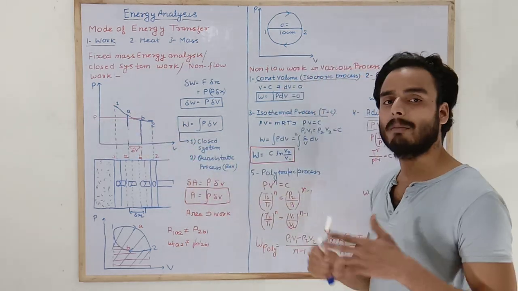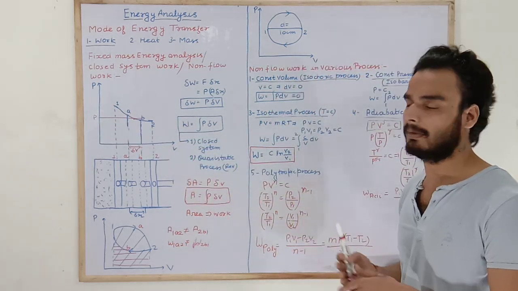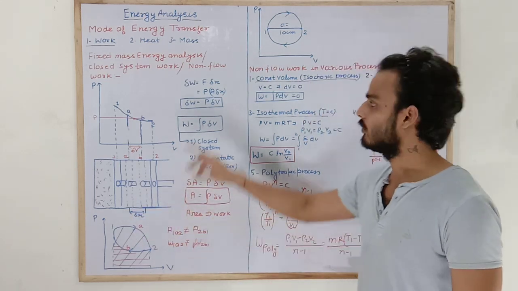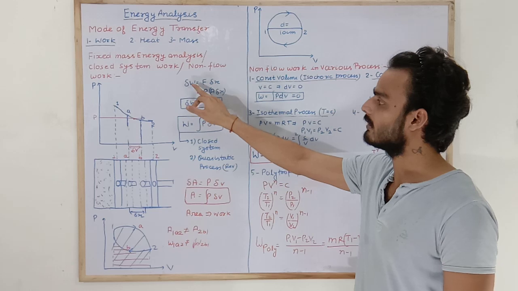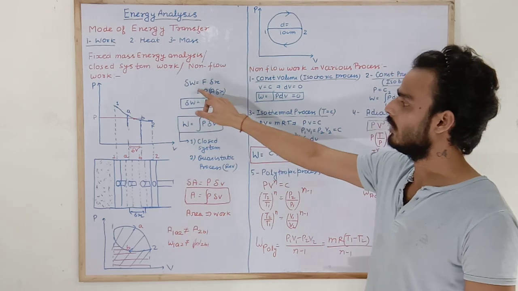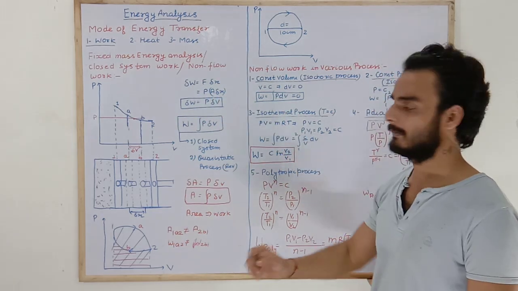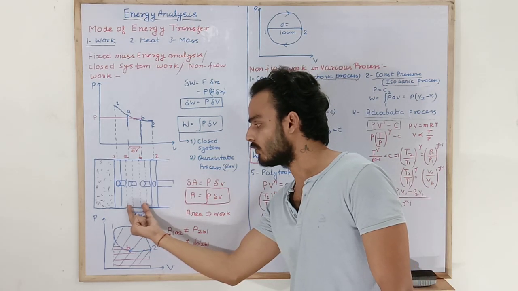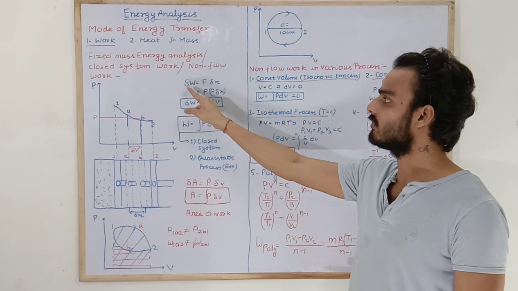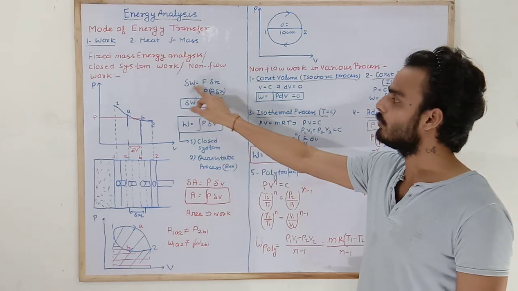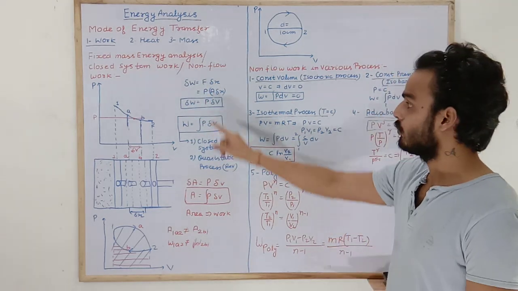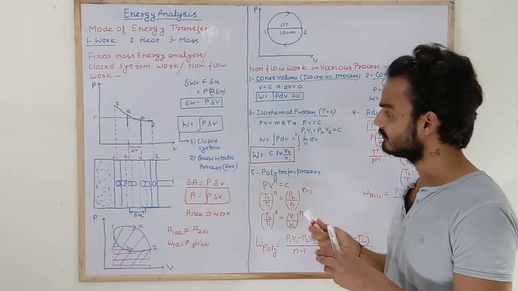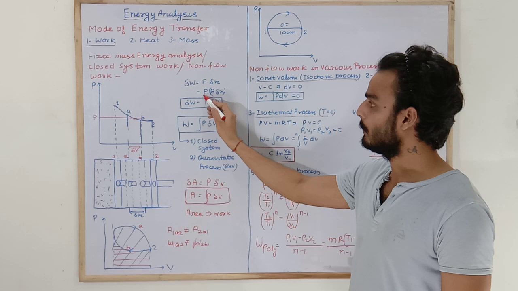Look here, we know the formula of work is equal to force into displacement. So here I am taking a small work. This delta W is the small amount of work, equal to F dot delta x. This delta x is the small displacement, and I am talking about these two states A and B. So delta W is equal to F delta x. We know pressure is equal to F by A, so F is equal to PA.